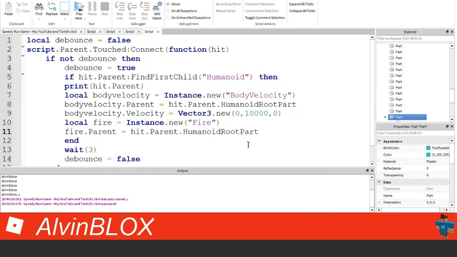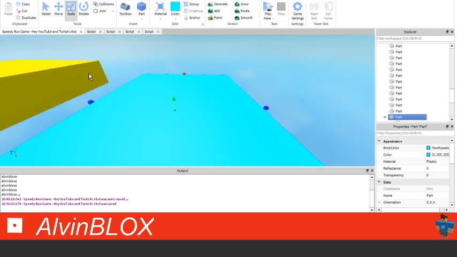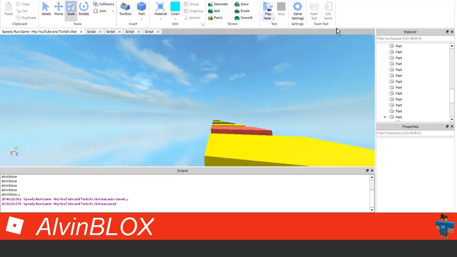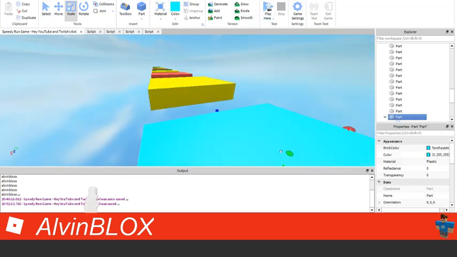And so we've got our velocity done. In fact, we're going to crank this up to 20,000. Alright, we are going to absolutely skyrocket into space here. So we're going to try out our obby. We're going to make sure